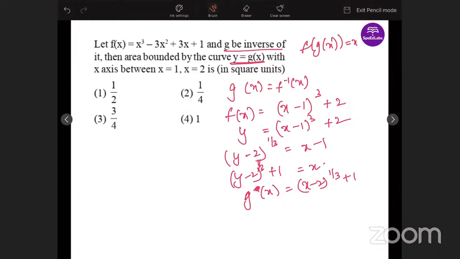Yes, Ruben, it's correct. f of g of x is equal to x only. So g of x is equal to x minus 2 whole raised to 1 upon 3 plus 1, correct? So after this,